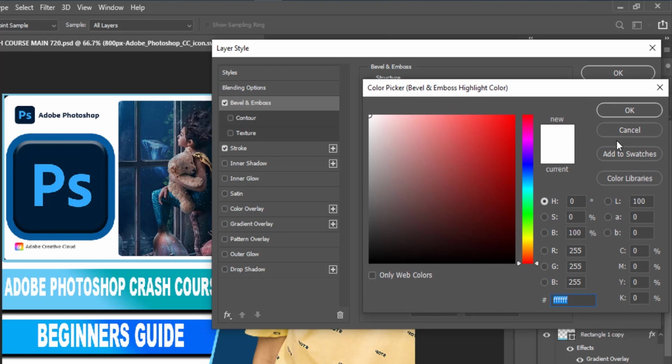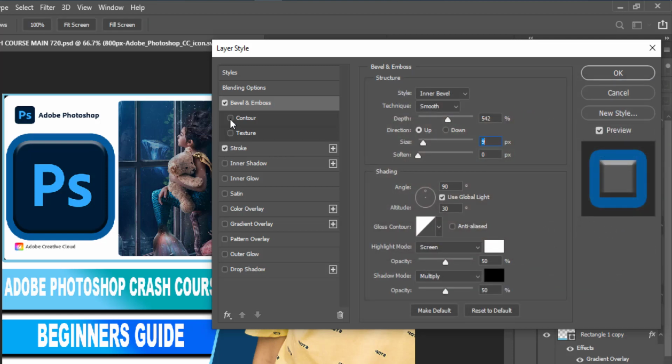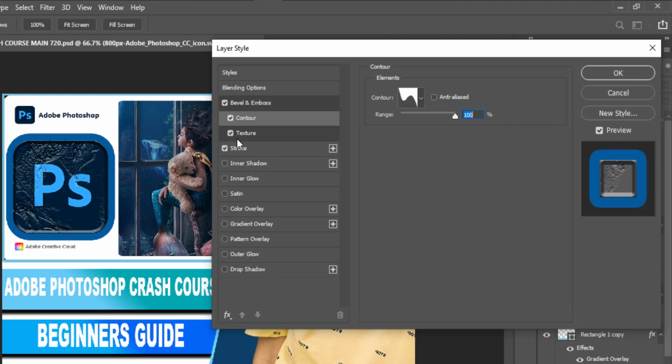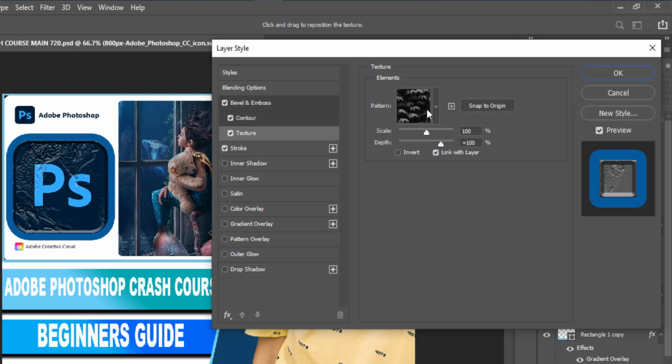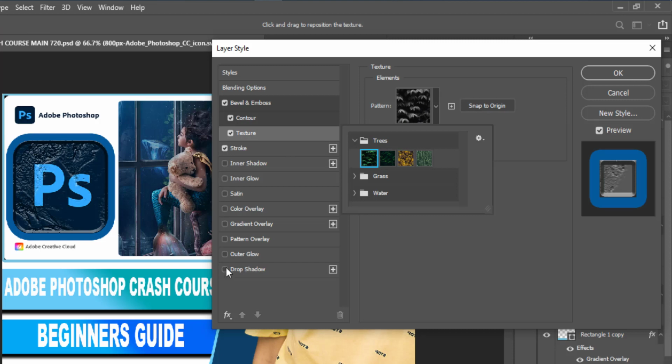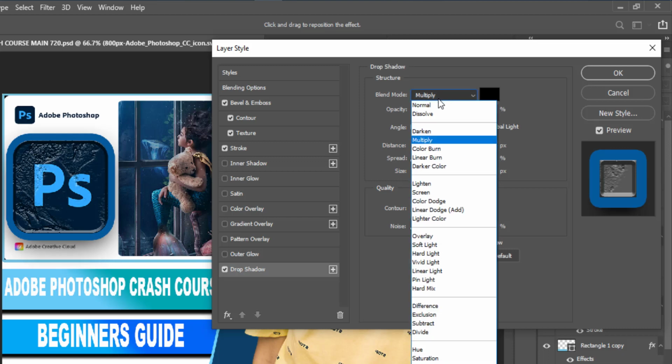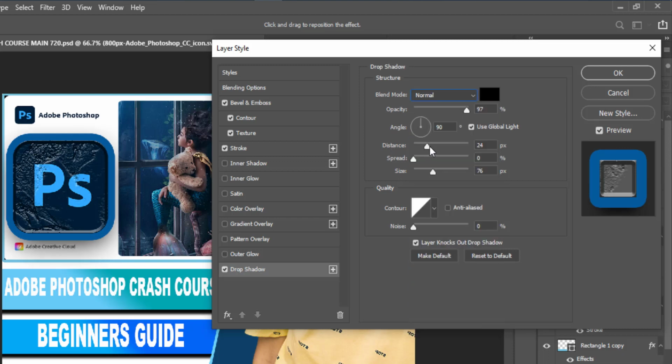We also have how to add contour, the different types of contour, how to add texture, different types of texture, how to add drop shadow, how to increase its size, distance, blend mode, opacity, angle,